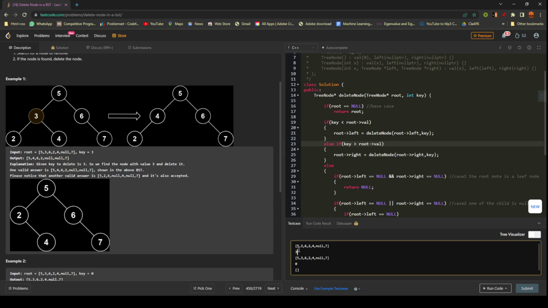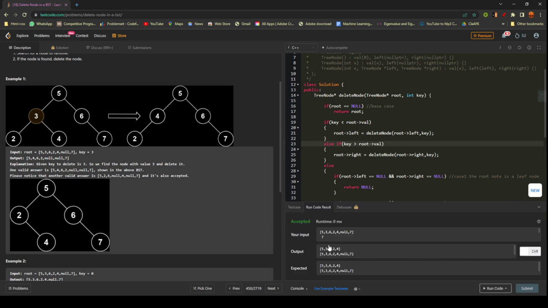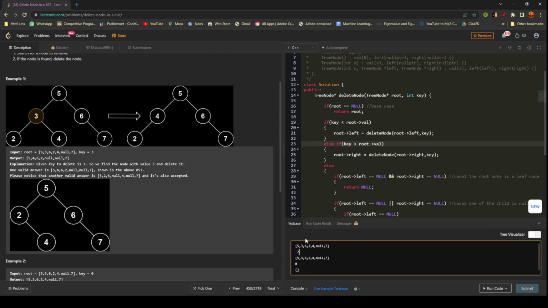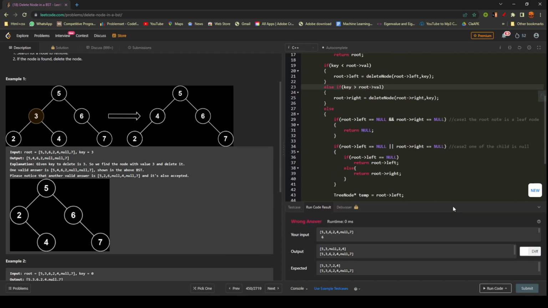Let's try to take all the three cases. Suppose in this tree we have to delete our leaf node. So let's take 7. So is it deleting or not? Yep, it is deleting. So again we take second case, where one of the child is not present. Okay, so in that case, is it deleting or not? Nope,